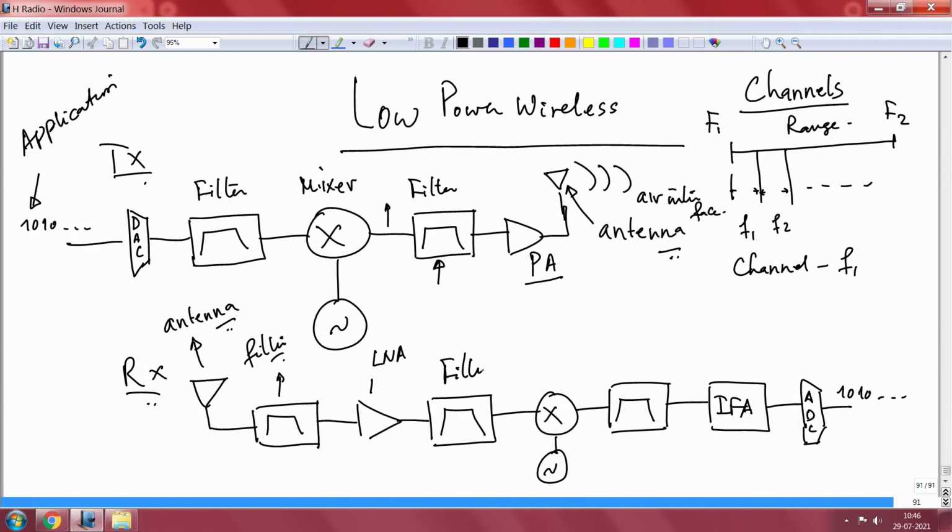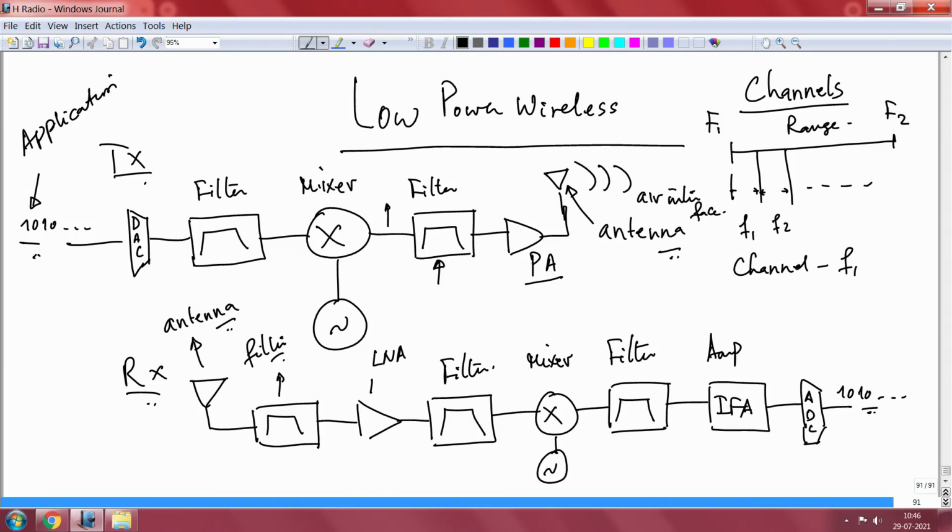Again, after low noise amplification, you apply a filter and then you pass it through the mixer block again. So you do the demodulation and then apply a filter again here, and then you have an amplifier again here and some amplifier here, and then the analog signal is fed to an ADC. Once you feed it to an ADC, the output you get back is these bits which were transmitted. So essentially this is the whole stuff that happens in a low power wireless radio, the same as any other radio, right. So the usual stuff is out there.